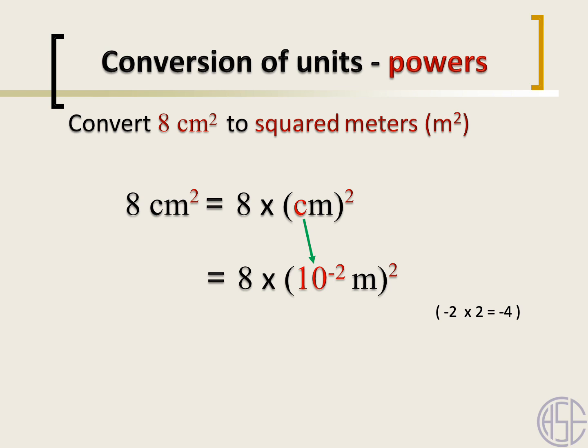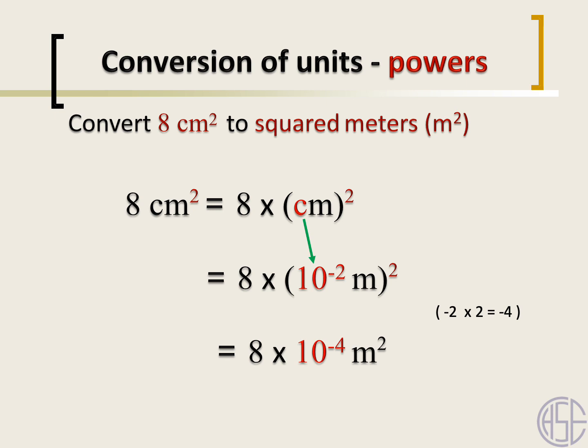In order to remove the bracket, I have to put the power, for example, 10 to the power minus 2 all square. So when you are squaring the power, you have to multiply the powers. For example, 10 to the power minus 2 all square, that minus 2 into 2 will be minus 4. So the answer will be 10 to the power minus 4